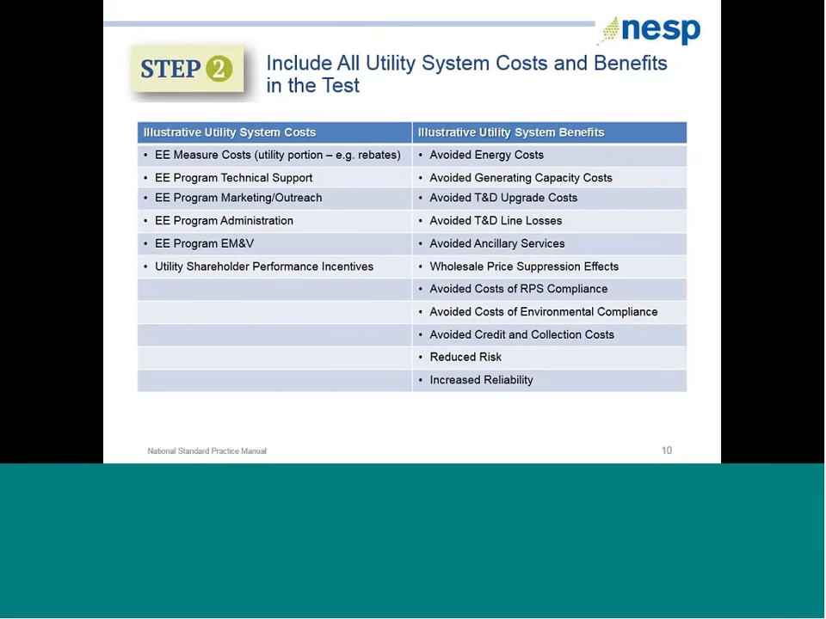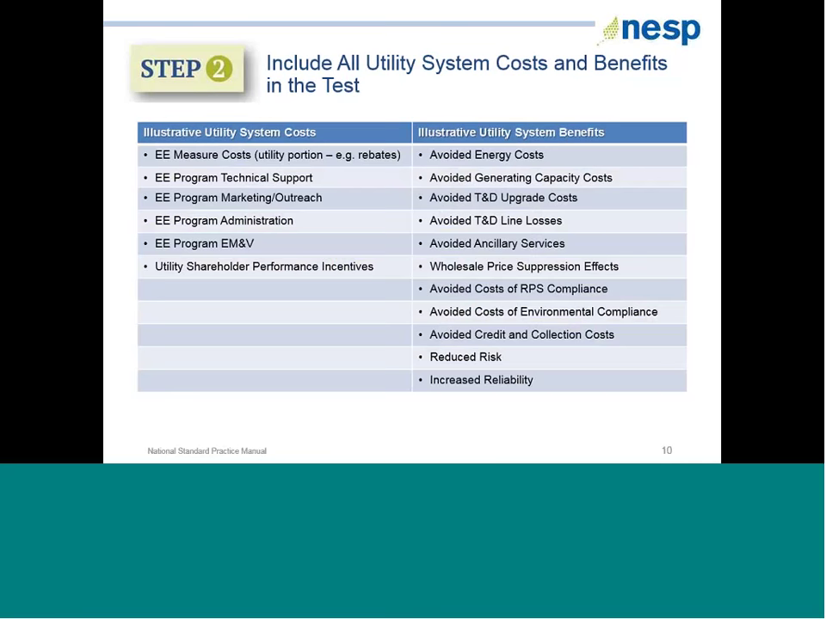So step 2 is to include all utility system costs and benefits. And here on slide 10, we list most of them. We may have missed one or two, but the idea is to really try to make sure you've got all of them in there. Some of these are no-brainers that are included everywhere, but some of them are less frequently included,